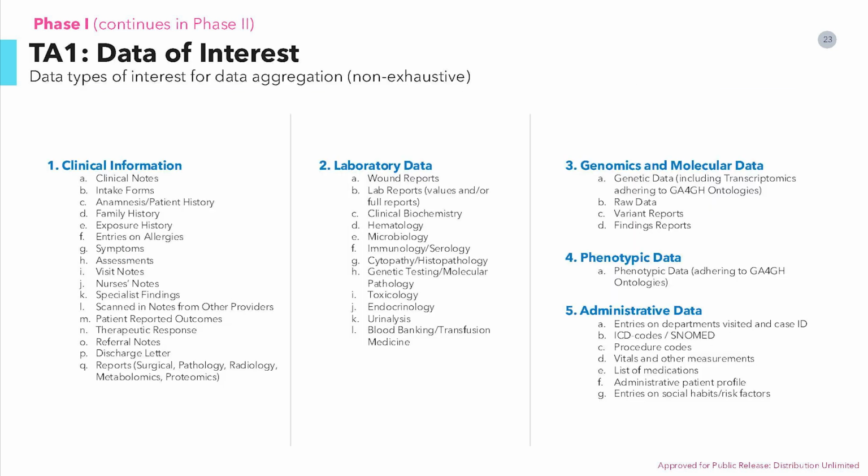And this is a non-exhaustive list of the data types that RAPID aims to aggregate, spanning clinical, laboratory, genomic, phenotypic, and administrative data. Longitudinal EHR data will be foundational, but we are interested in supplementary data, omics, imaging, biomarkers that can enhance patient profiling. And so the goal is to build comprehensive AI-ready patient profiles, capturing diverse data points to really simulate patient journeys using real-world data for both the training and the